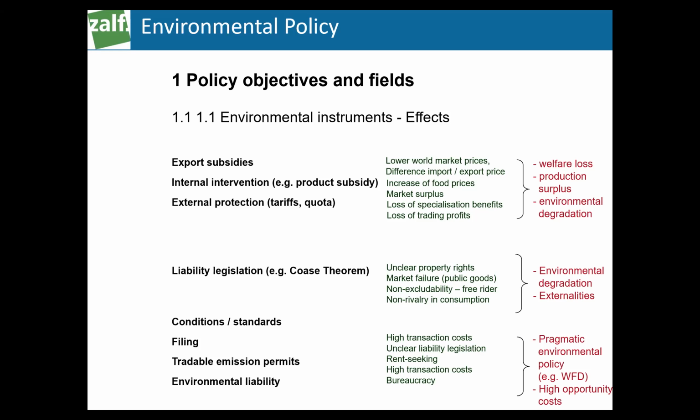You cannot tell those polluters easily, okay, now you stop your production. Same with farming systems, with a policy here. The agriculture sector was highly supported. There were certain interventions established, a high level of support. But then if you say, okay, now we reduce the support, there's lobbying, and it always depends on the reference level. And it's very hard for a policy to define a reference level, so that we say, okay, now we freeze this level and we reduce it.